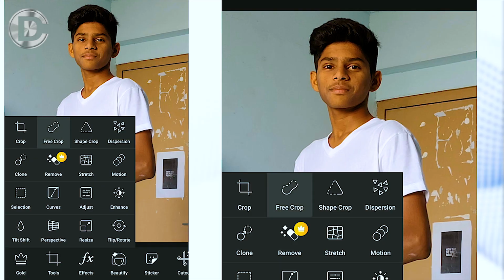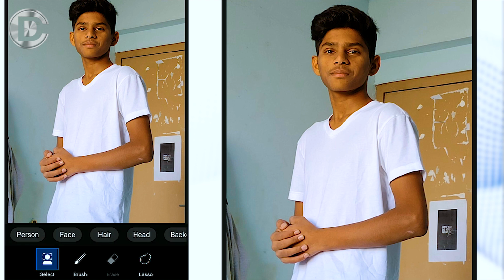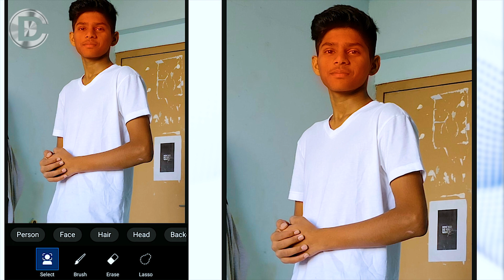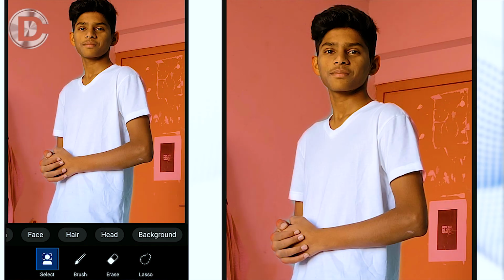Moving to the next feature, it's a free crop, and I think this tool really helps one to make their social media images impressive, because with this one can crop or erase anything from their picture, or one can easily crop just a part from any picture. In this feature there are so many options like the select, in which you can select any specific part of your body. Like if I choose face, then the app's smart detection works and detects the face automatically. And just for the reference, let's select hair also, and now you can see how finely we can crop one's face easily. You can also choose the background, and then you can change the background also.